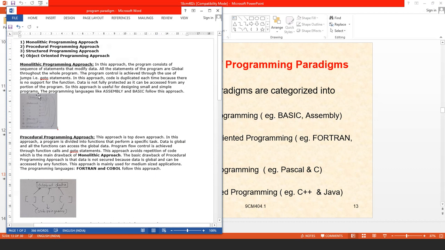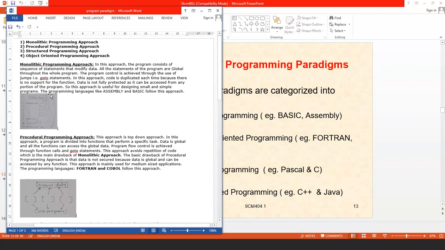All these statements make use of only the global data. Also, in the sixth line, we have a go to statement with 50. That means the execution will simply jump from the sixth line to the 50th line.